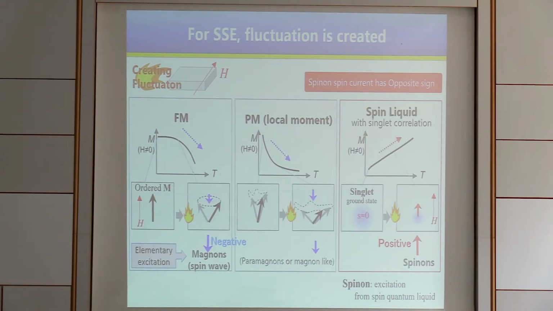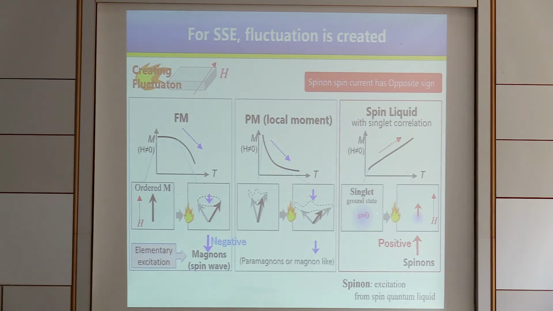So the fluctuation has negative spin polarization, which is carried by spin waves. Which means that a spin wave has negative spin polarization. So the temperature dependence of the magnetization has a negative slope like this. On the other hand, in the spinon case, a certain type of spinon is a fluctuation